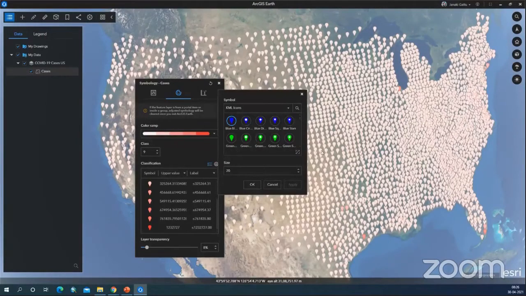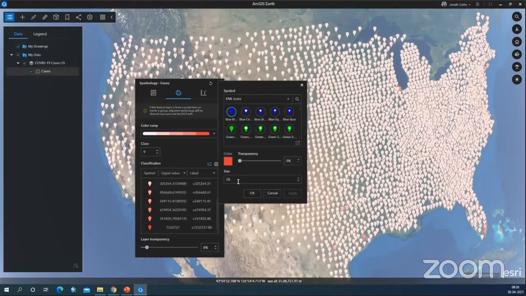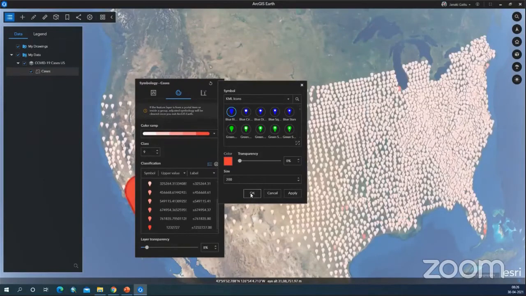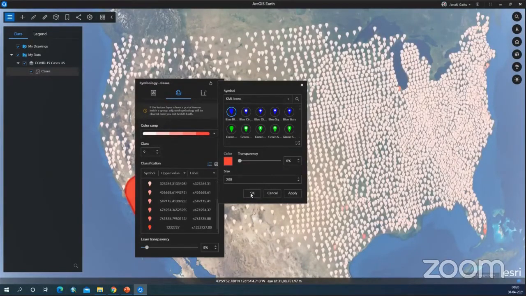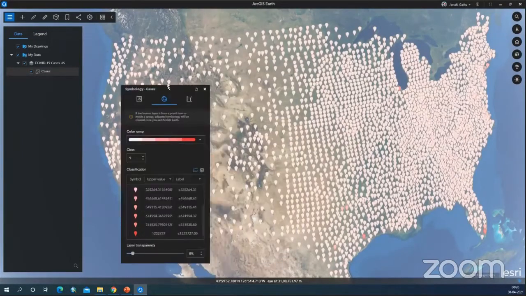So if you want to change the symbology, or if you want to change the color, whatever, you can change the color as well here, and you can change the size of it. Maybe I would like to increase the size. So I can increase the size here, and I can click on OK. So the higher number of cases, if I wanted to see in the highlighted view, I can see it here.